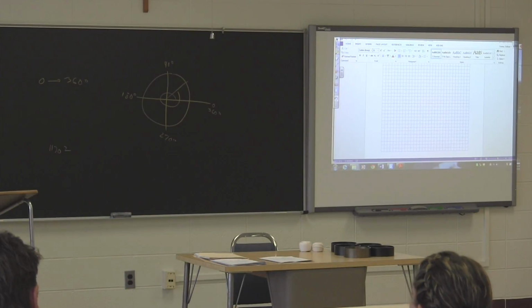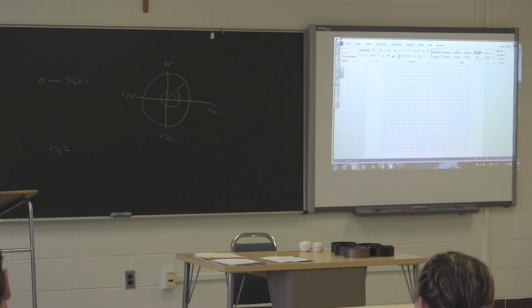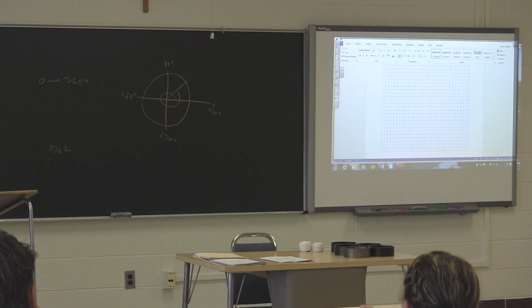And the only reason I'm mentioning this, not because this history is really all that important, but it's going to sort of take us to the fact that there are other ways to measure angle, and maybe more natural or compelling ways to measure angle. And that's what's going to bring us to the idea of radians. But before we get there, I just want to let you know where this convention came from. If you look at Jupiter,